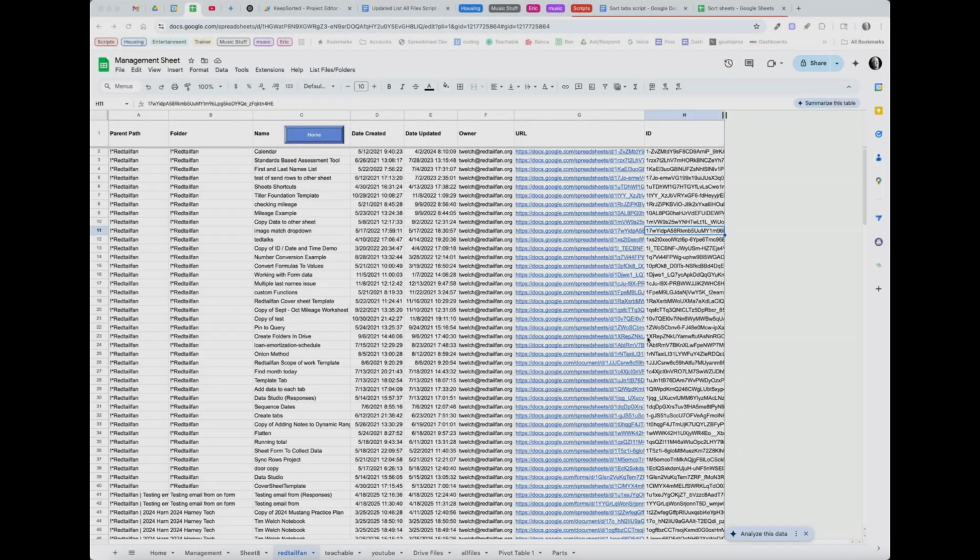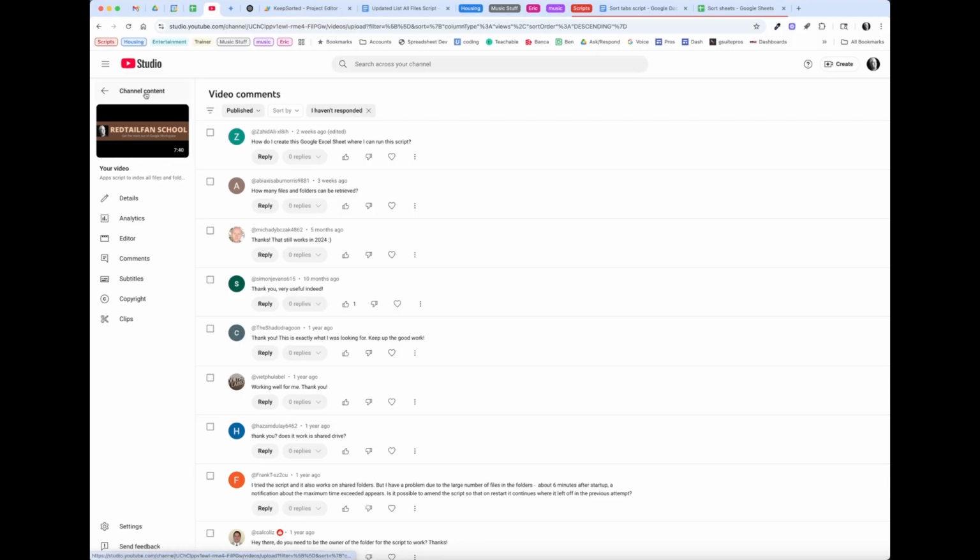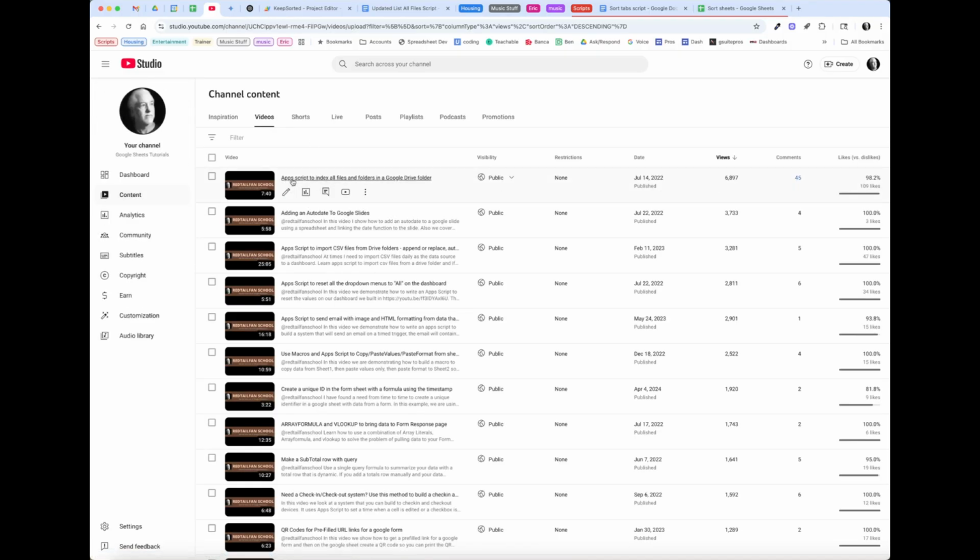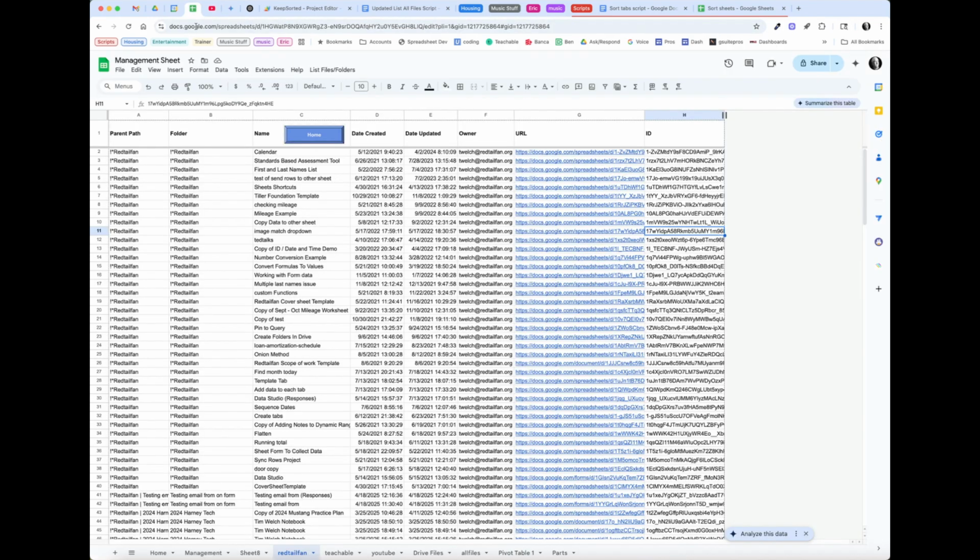Good morning, folks. I have circled back and looked at a script that I had written a long time ago. Let's take a look here. This is my Apps Script to index all files and folders. That's my most viewed YouTube training video, and it's still working great. But I was running it again this morning on this particular sheet right here, and I noticed